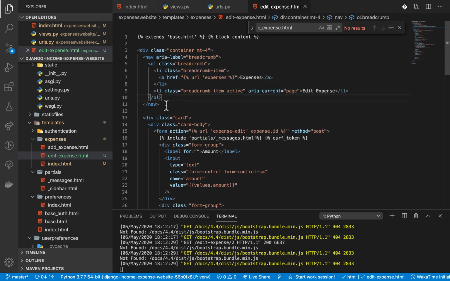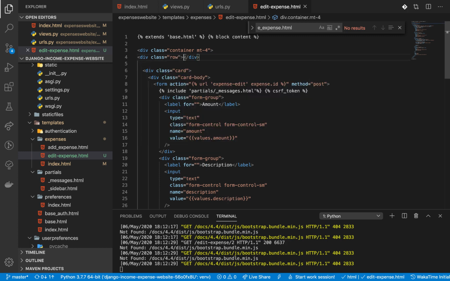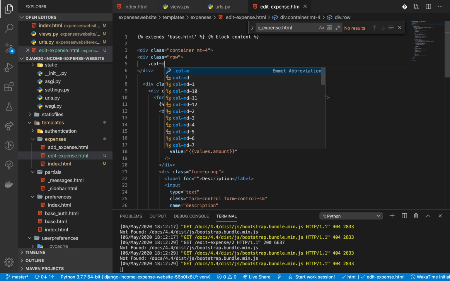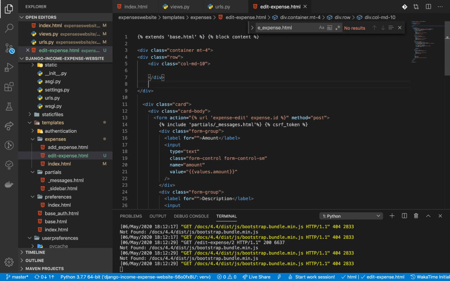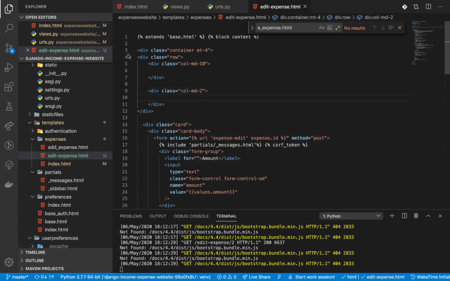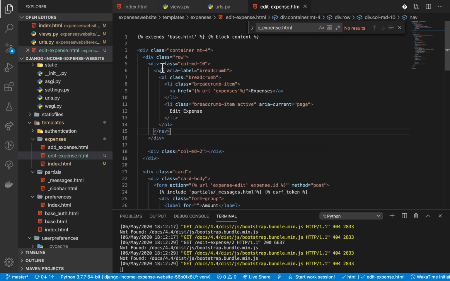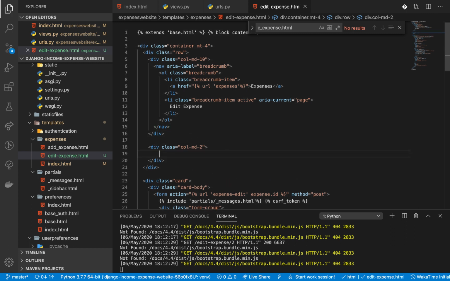Okay, so this is taking off the whole width. So I'm going to cut it away and then create a row. Then in the row, I'm going to create 2 columns. This is going to take off 10 columns. And then the next one is going to take off 2. So call md2. So this will have the breadcrumb, and then I'm going to have the delete button in the next column. Okay. So right here, I'm going to have a,